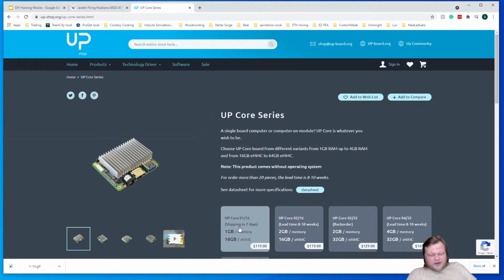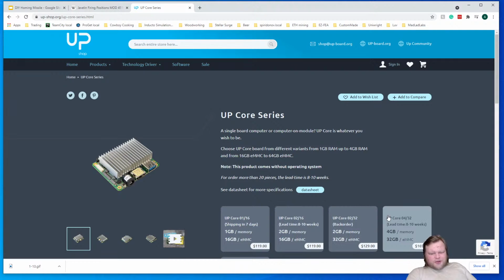Maybe the Upcore with 1 gig and 16 gigs of eMMC storage is somewhat comparable to the higher end Raspberry Pi with lots of RAM, but other than the super low end Upcore, they are way pricier, which is why I wanted to use the